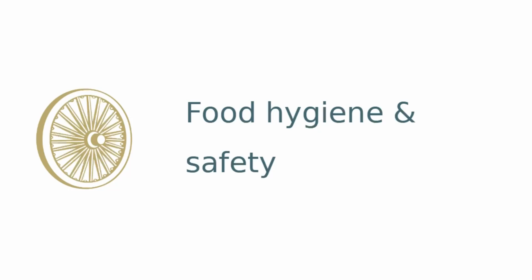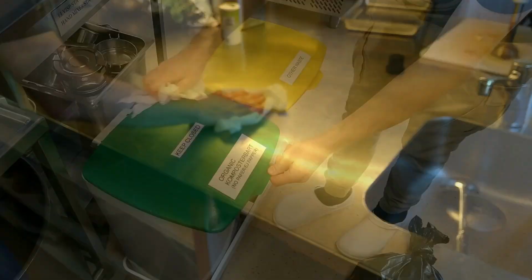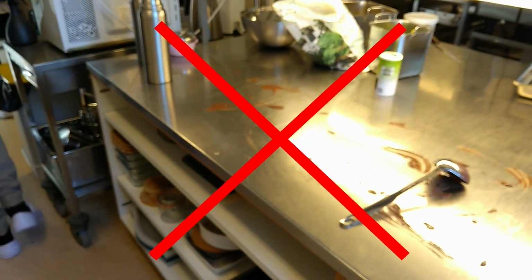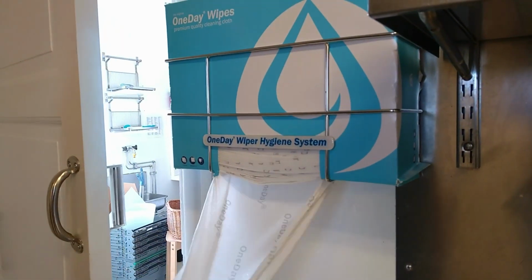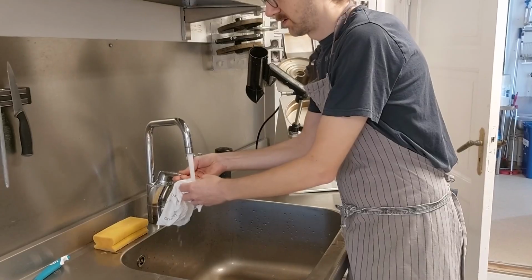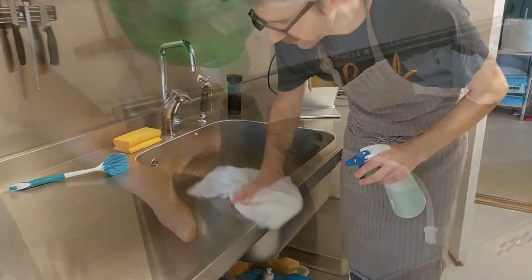Keep the kitchen and dining halls clean in general. If you see something dirty, clean it. Always keep the working areas clean and dry. Never take a break without cleaning your area first. The kitchen is cleaned using a reusable cloth called a one-day wiper. Use it with only water, or if needed, a spray bottle filled with water and a very small amount of